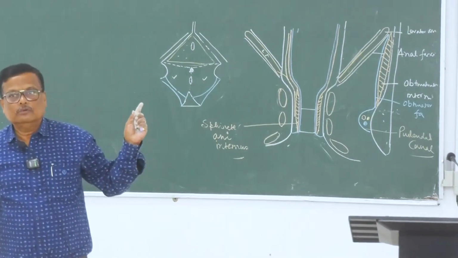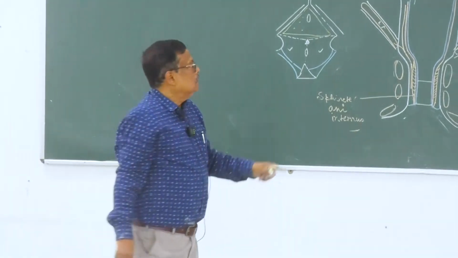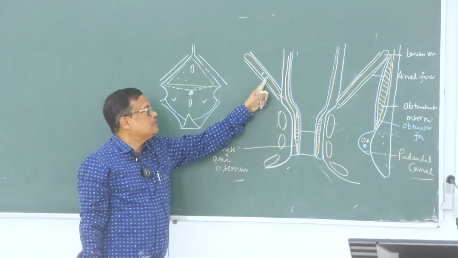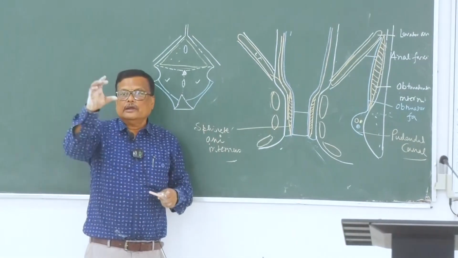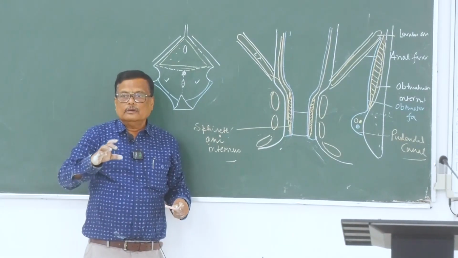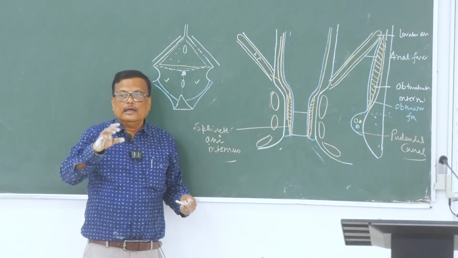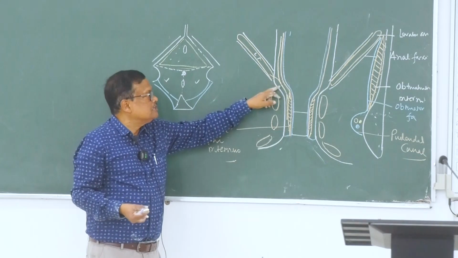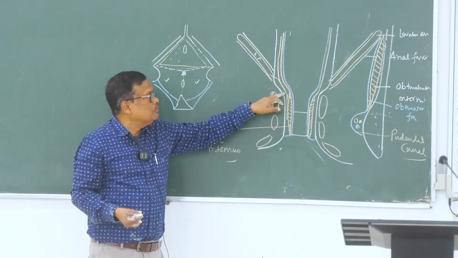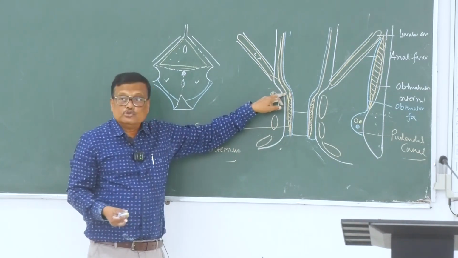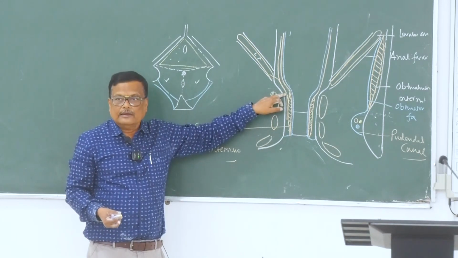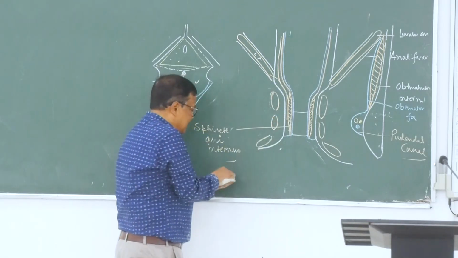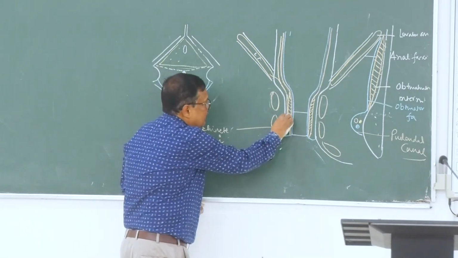Please এটা ভালো করে শোনো লাগবে. Few fibers of the puborectal part or puboanal part of the levator ani. মনে পড়ছে levator ani has got three components, pubourethral, puboanal, তারপরে হচ্ছে ischio, এই iliococcygeus part. A few part of the pubourethral part joins with the longitudinal muscle coat of the rectum and anal canal and goes down, and here it is replaced by a muscle